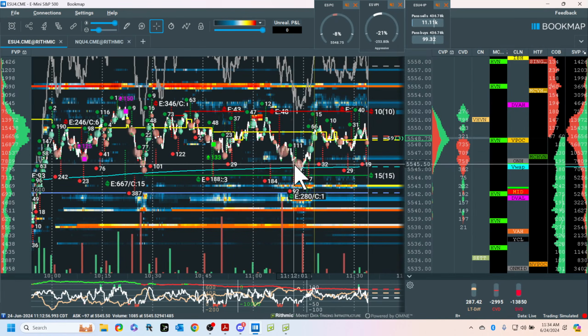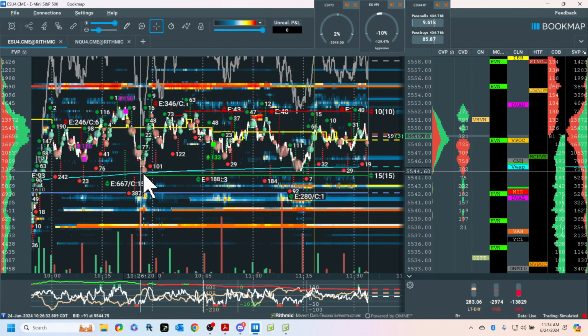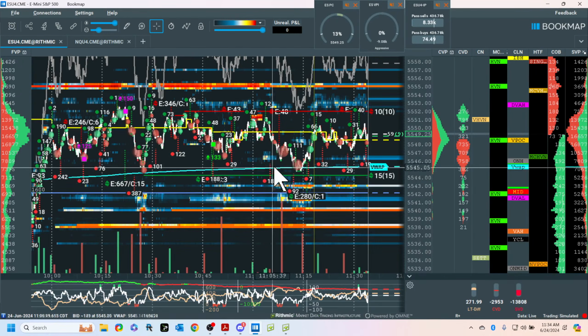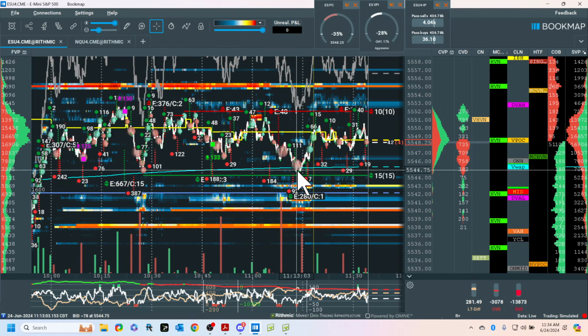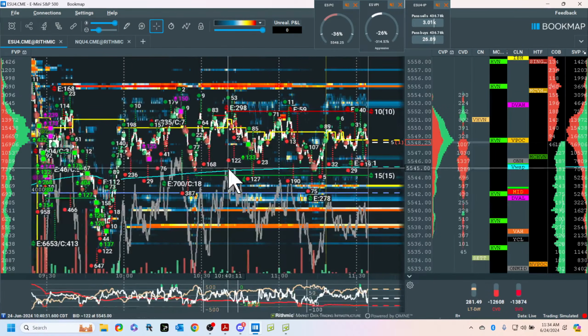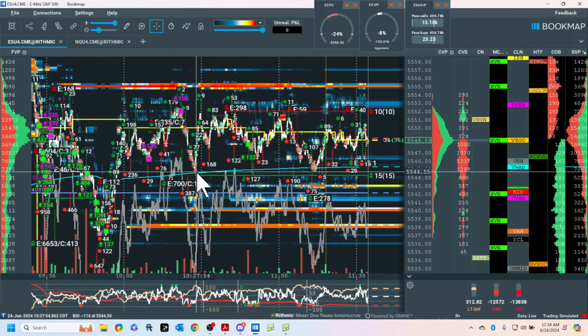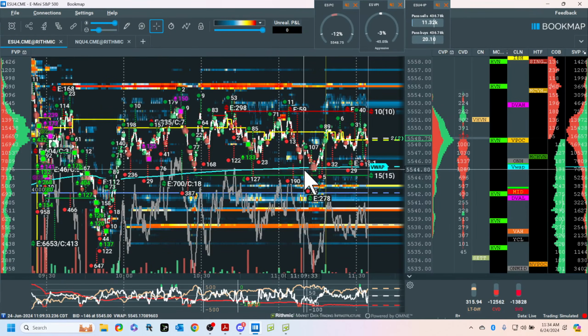There's no way to know. Now, I think this is a weak structure. My sense is, from my experience, this will get taken out. But it doesn't have to do it this time. Every moment's unique. So if we don't come back here, it's showing really pretty good strength. But there's sell stops under these swings. You've got to be thinking, where's the fuel? It is here. So I'm extremely wary of the longs from here.